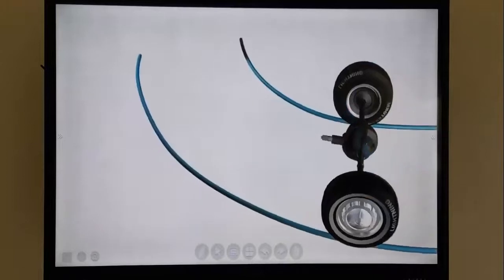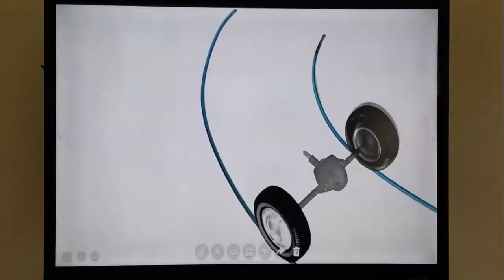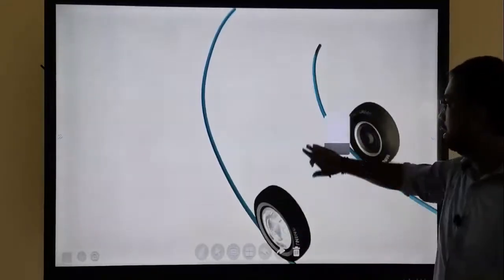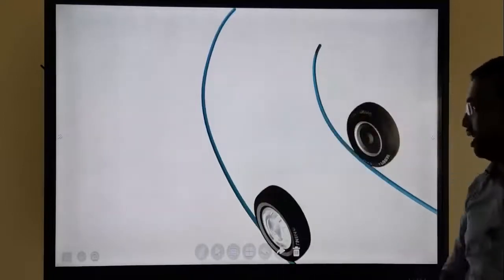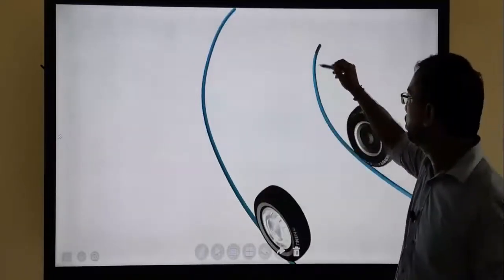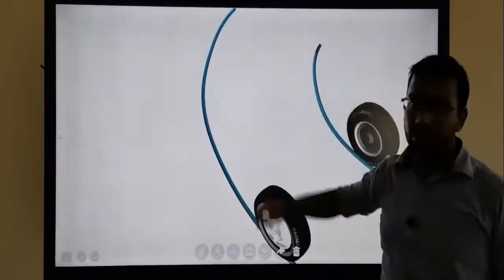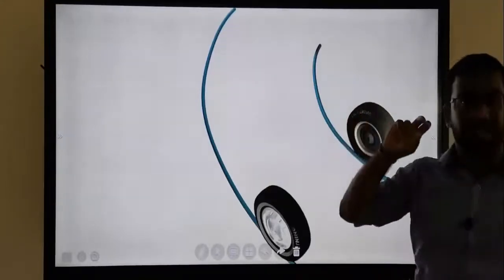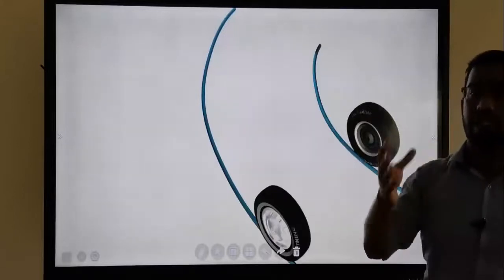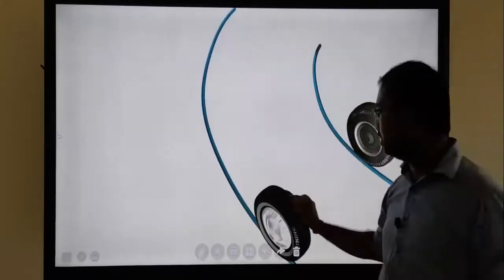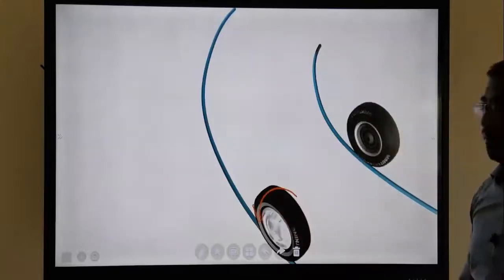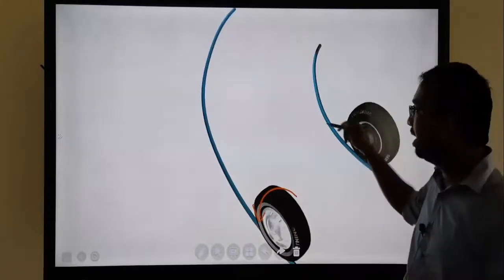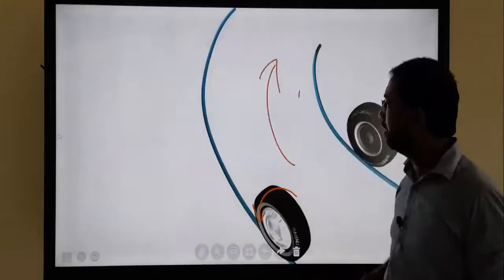Just think when the vehicle is turning on a curved line. Here this is the inner track, this is the outer track. You can see the distance of this track. Here the vehicle moves a small distance, here it is very long. So how do we achieve this different distance in the same time? We have to increase the speed of this outer wheel compared to the inner wheel. Then we can manage the vehicle on this curve.